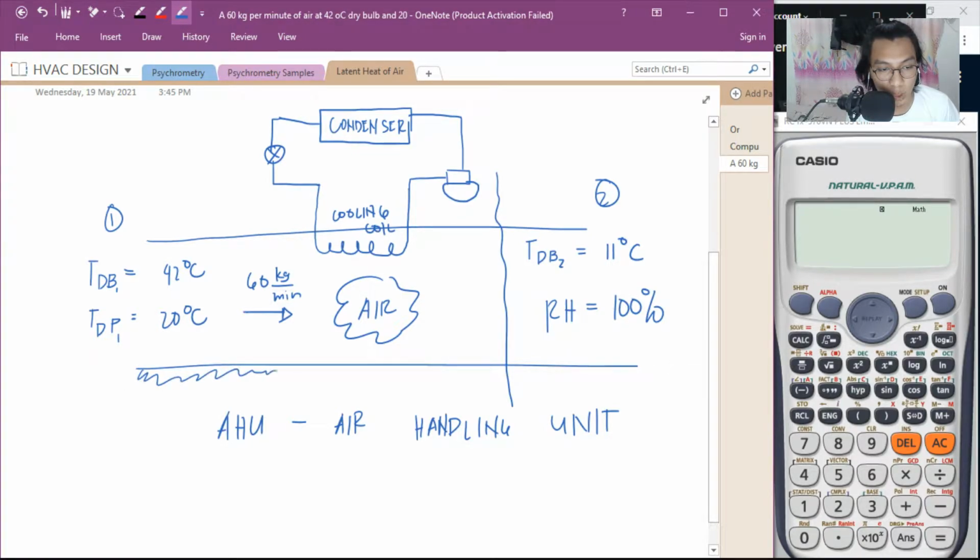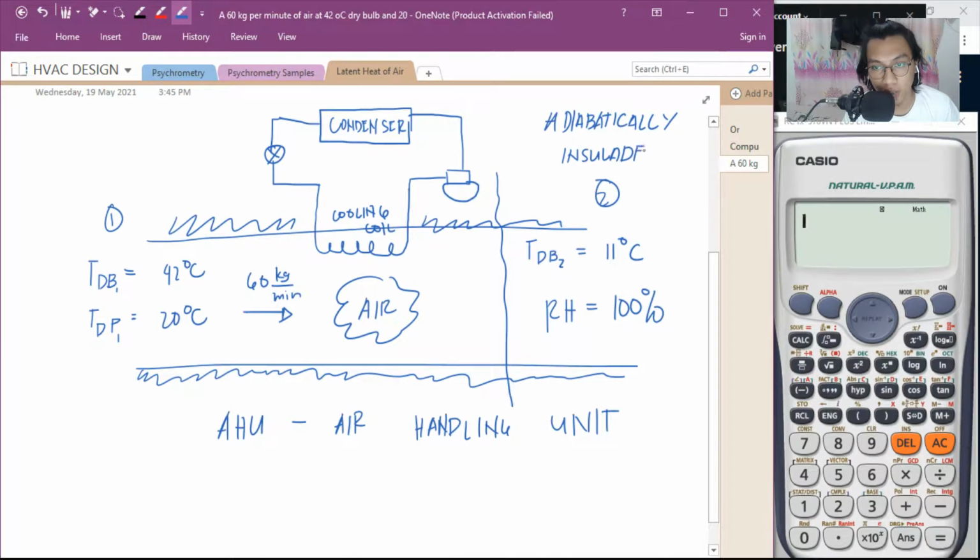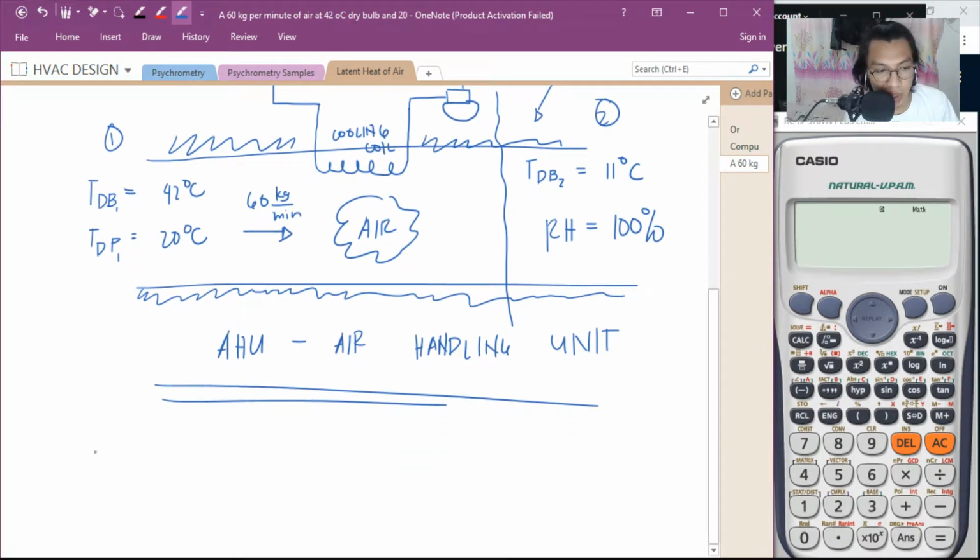Ibig sabihin, no heat added coming outside of the system. This is adiabatically insulated. Ibig sabihin, no heat gain, no heat loss. Insulated. Yung system mo, no heat added from outside, no heat coming from inside. Okay? Ayan na yung diagram mo. Now, we state the